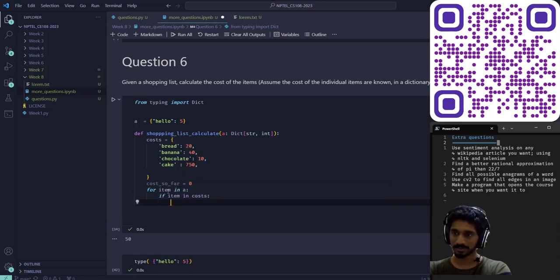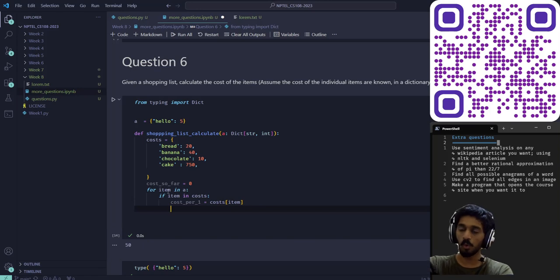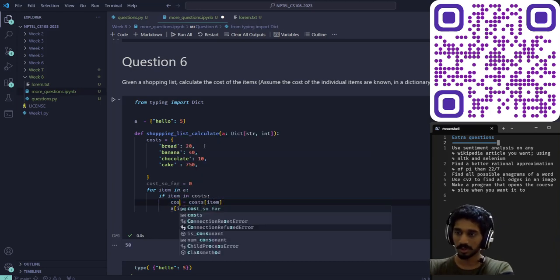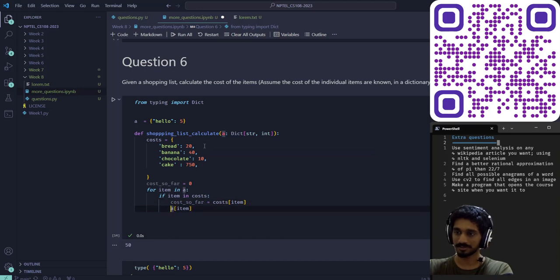So cost per 1 is equal to that, and I know I have a of item number of that thing. So to get the total cost I have to pay, it's just the product of these two. So cost so far